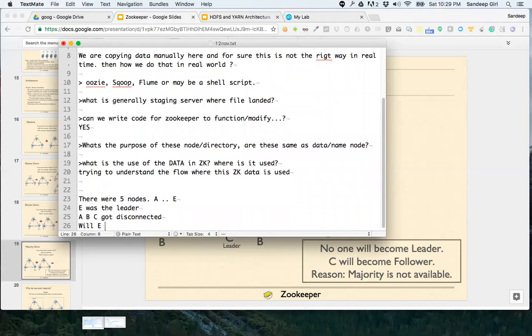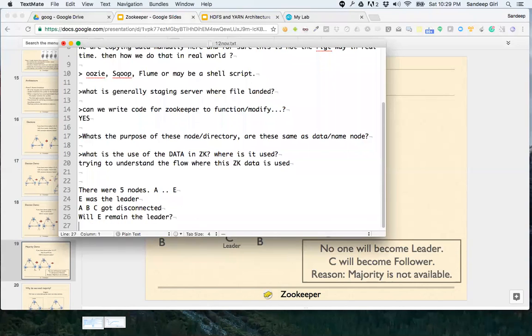Will E remain the leader? No, actually, E will step down because the majority is gone. 3 out of 5 are gone. Therefore, only a minority is left.